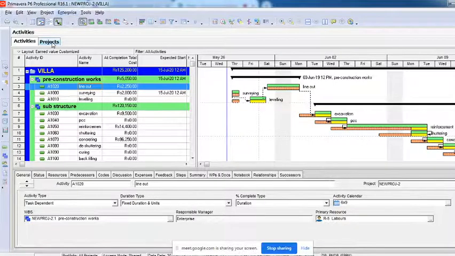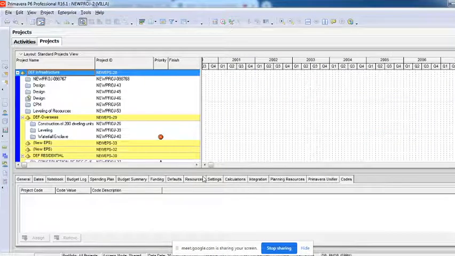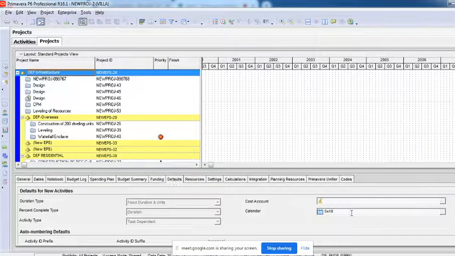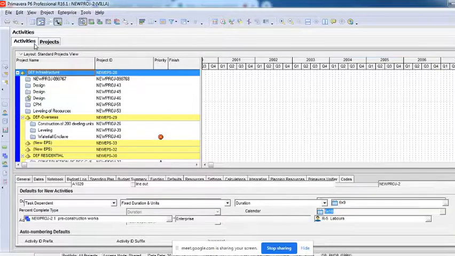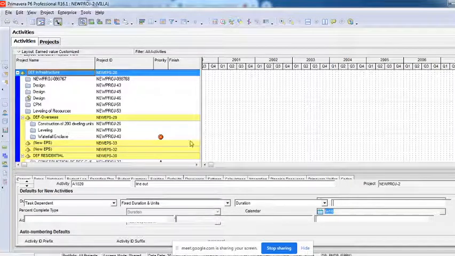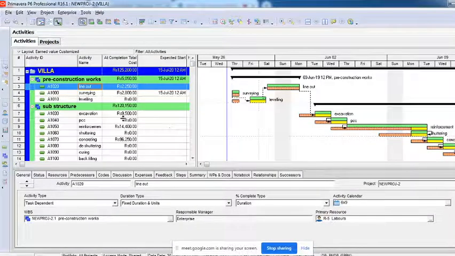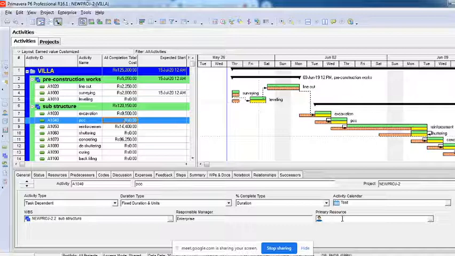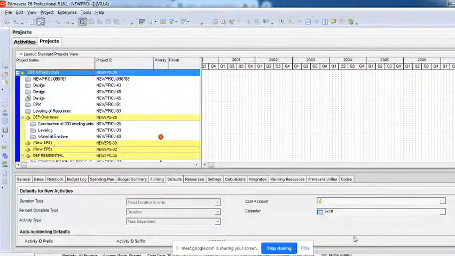Just by going to this option called projects, defaults, you see here 5 into 10 is my project calendar. My activities have test as a calendar. You can see here, activities have a calendar called test. Project has a calendar called 5x10.